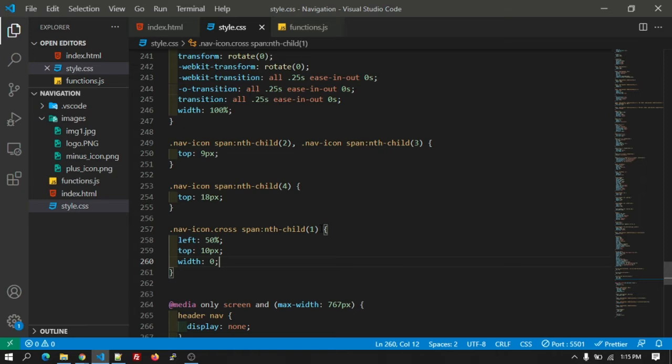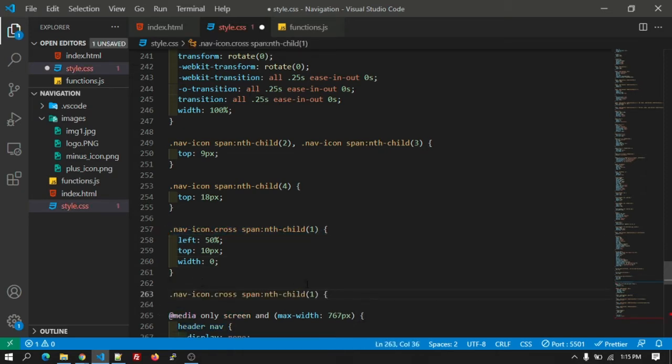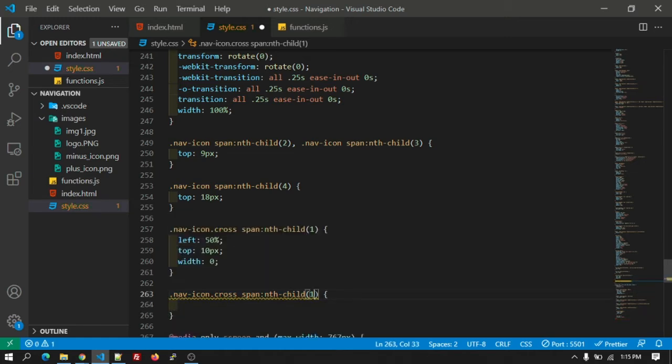Okay, and let's copy the same thing once again for the second span.